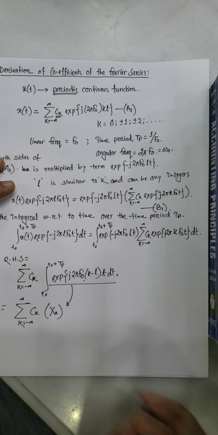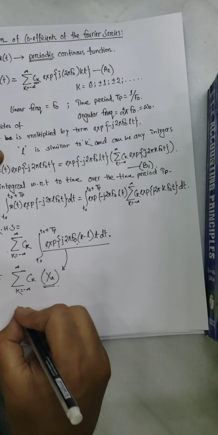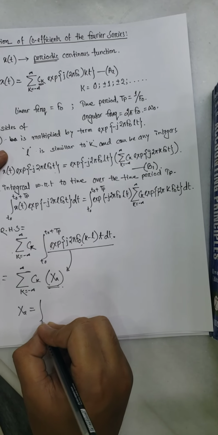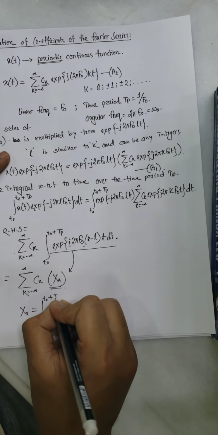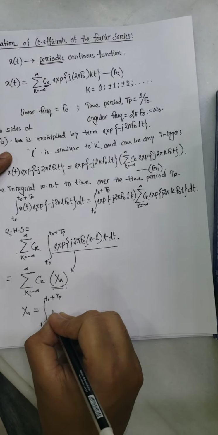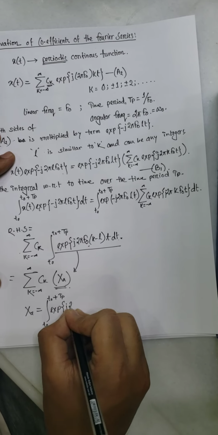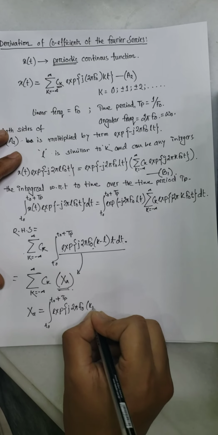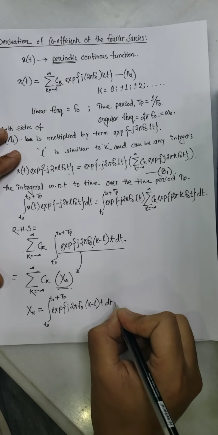Now we shall be bothered about x of a. Now x sub a, or x of a, essentially is the integral from t naught to t naught plus tp of e to the power j 2 pi f naught k minus L t dt,